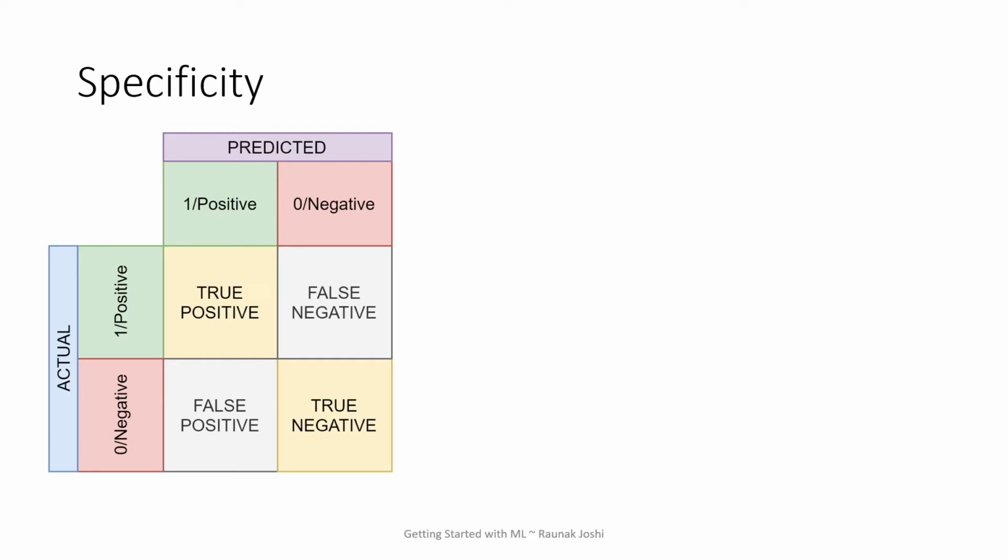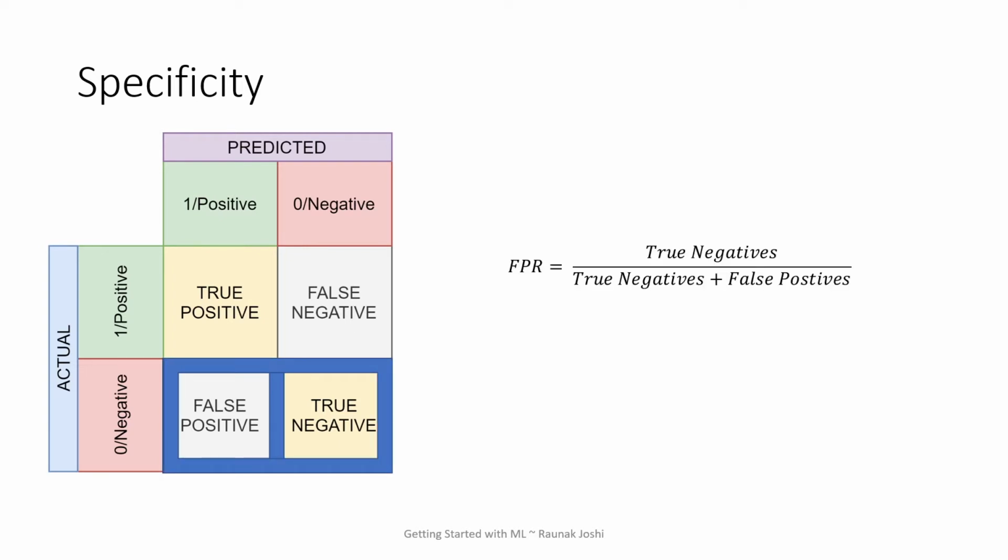So this is specifically going to give you the true negative values with respect to the actual negative values. So the formula of this goes like, I'm extremely sorry, actually it is supposed to be here specificity. Okay, there is a typo. This is not FPR, sorry for the typo. So this is specificity. This is specifically going to give you the true negative values with respect to the actual negative values. Okay, so you have negative values, so there are going to be the false positives. So we are only going to consider the ratio of the true negative values, the negative values that we have in our data set.